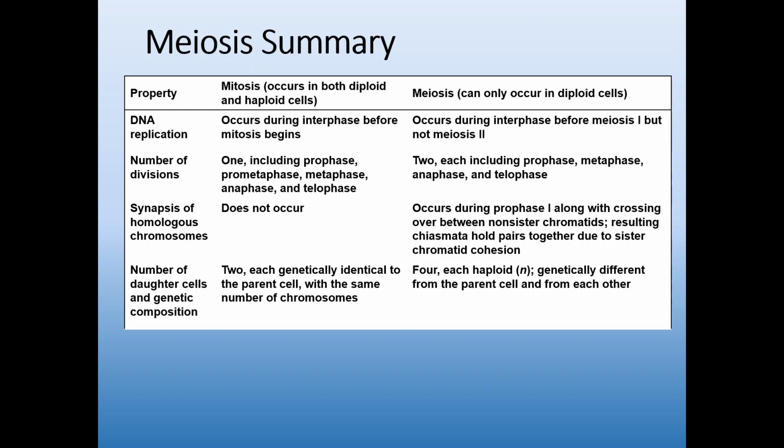Okay. I have a meiosis summary slide. Again, I'm not going to go through this in detail. I do want you to know the 4 or 5 phases of mitosis and meiosis, but what I really want you to focus on are the differences between mitosis and meiosis. How are they used differently? What are the main differences in the process? This slide summarizes that for you as just a review while you're studying.